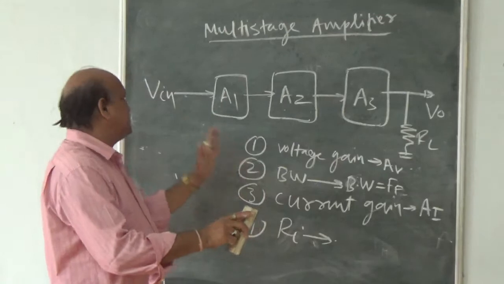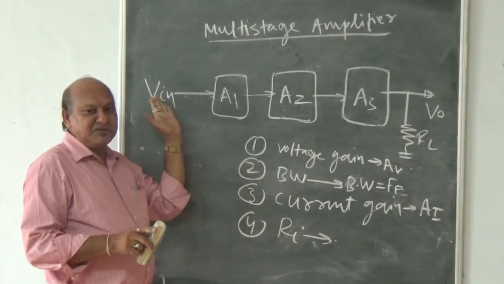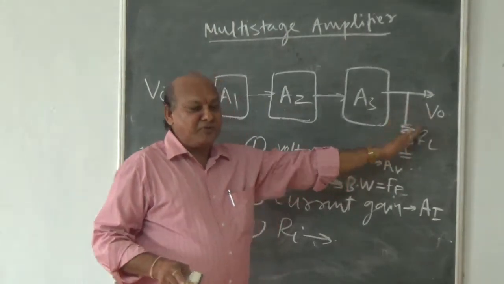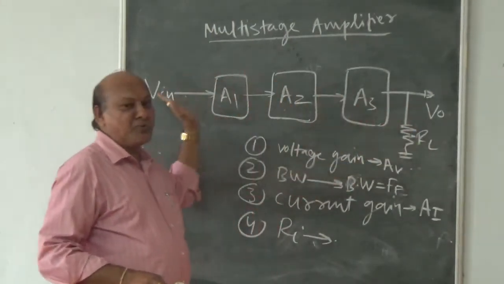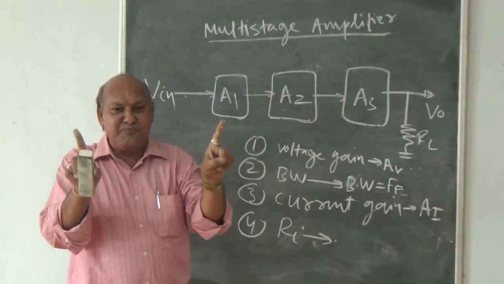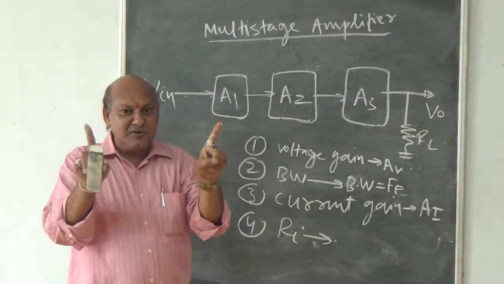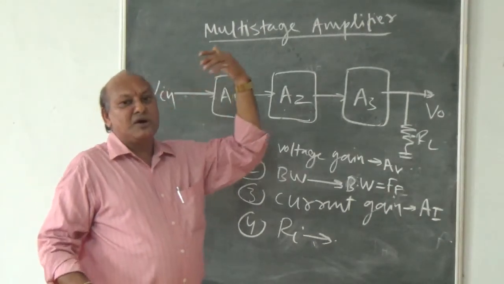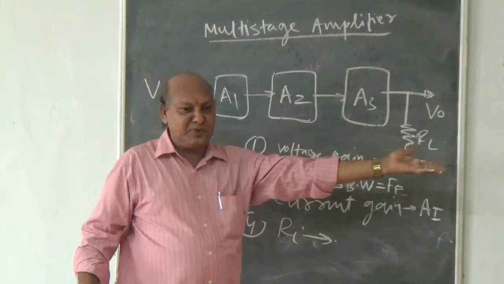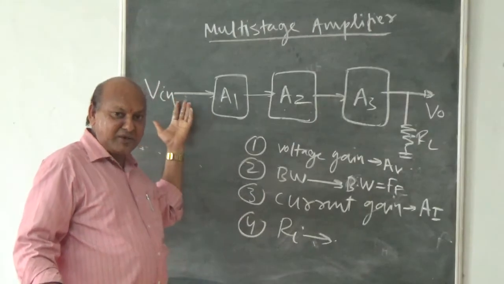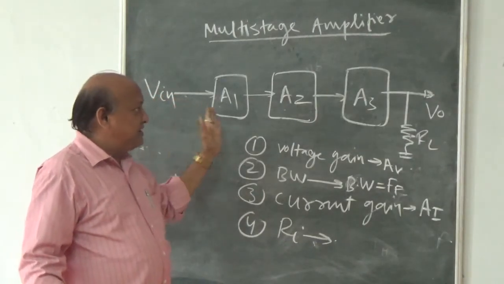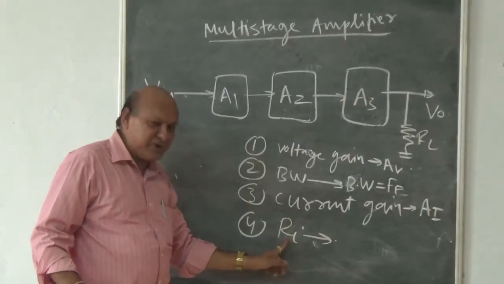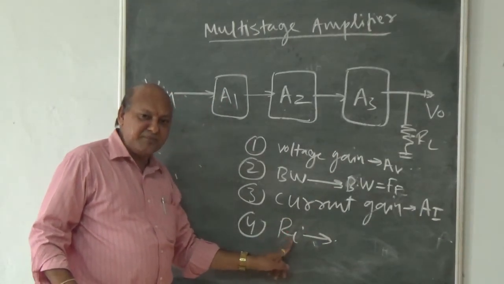Or directly you can say this is my input, this is a microphone here, and this is a loudspeaker here. So between loudspeaker and microphone, it is necessary to match the input impedance. Without matching of the input impedance, it is not possible to reconstruct the signal at the loudspeaker side from the microphone. So therefore, we need the impedance matching, and that's why this factor is very important, that is input impedance.